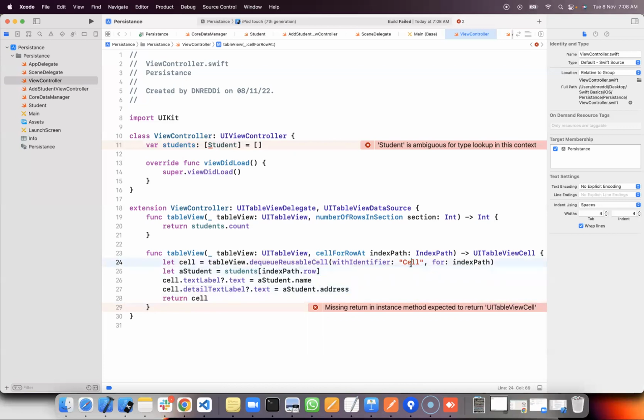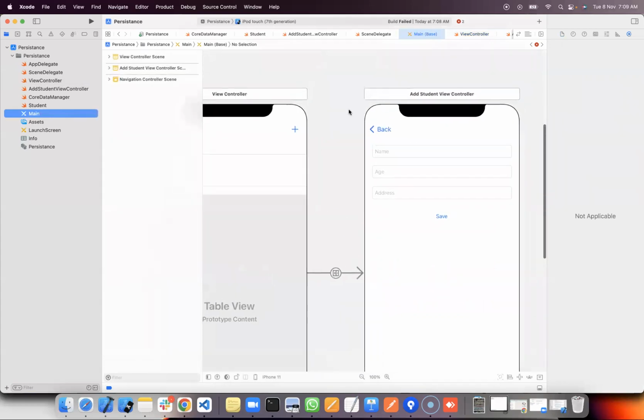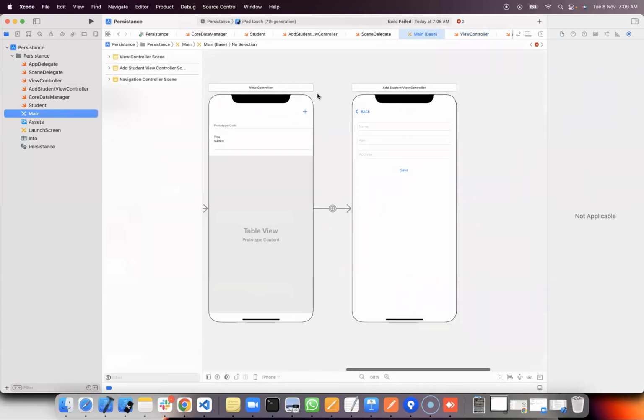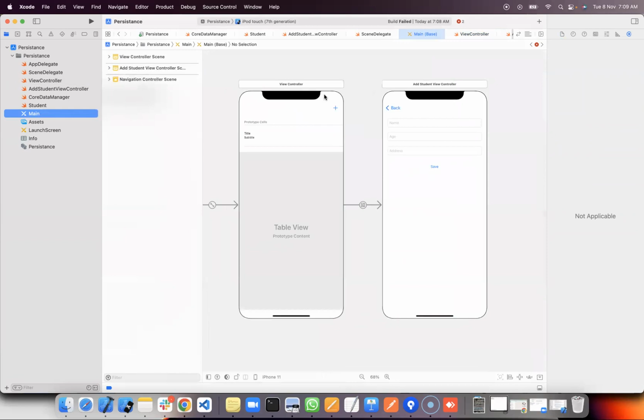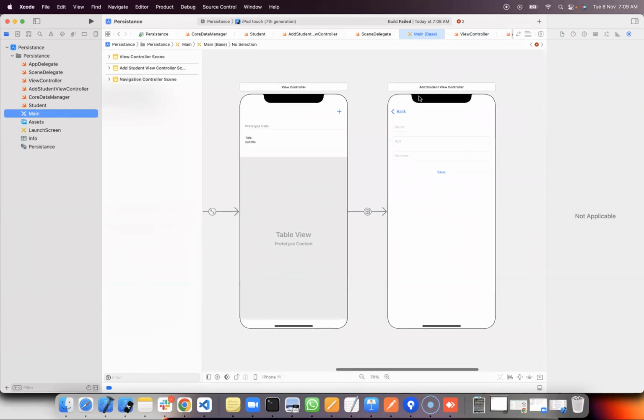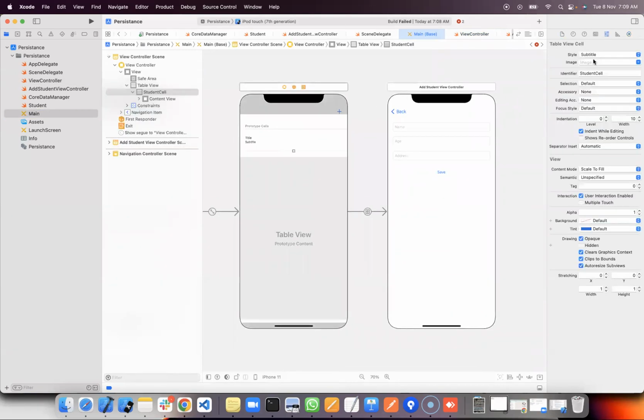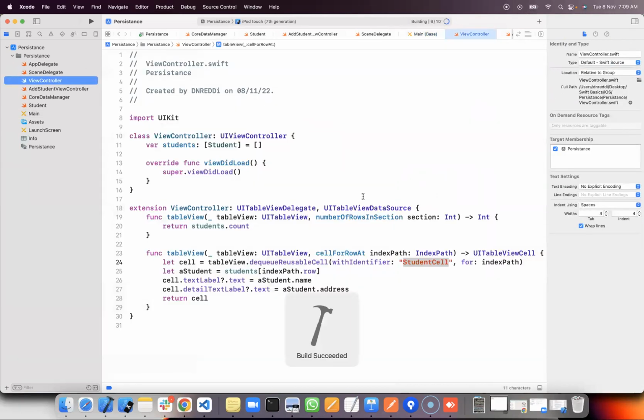We are returning it. This is student cell. Yeah, student cell. Build it. Yeah, perfect. Here,